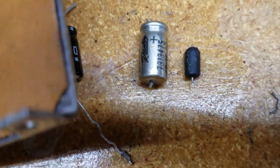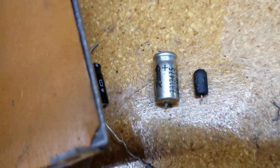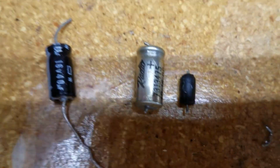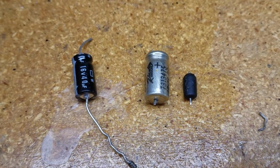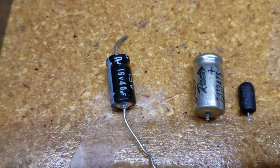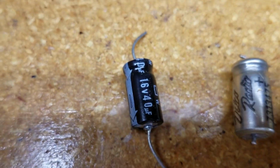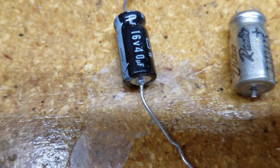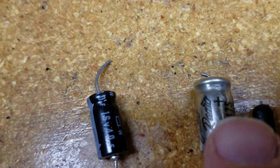Now, those two capacitors look like this. So kind of strange in that one is about the right size, the silver one, and the black one is different. So is that important? Well, yeah, it is, but the concept here is you can increase voltage on a capacitor and a minor increase in the capacitance as well. So what we put in was a 4 microfarad 16 volt capacitor. If you're looking at the silver one, which is the original, that one is also